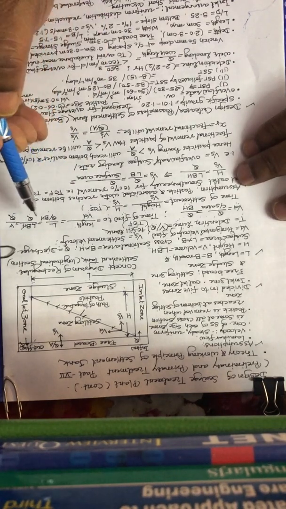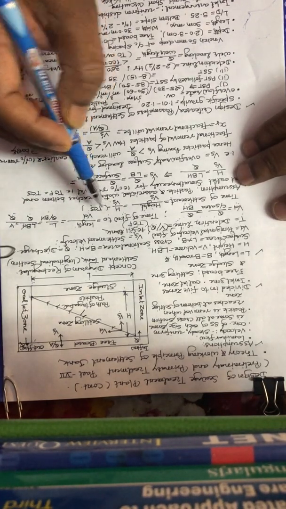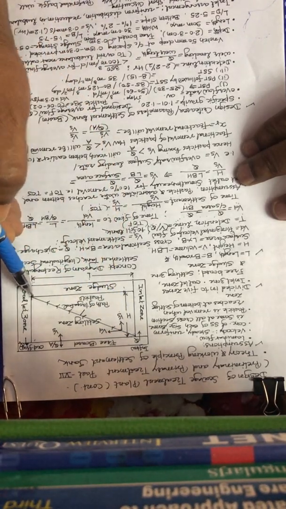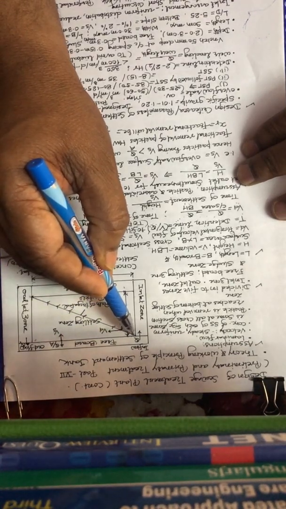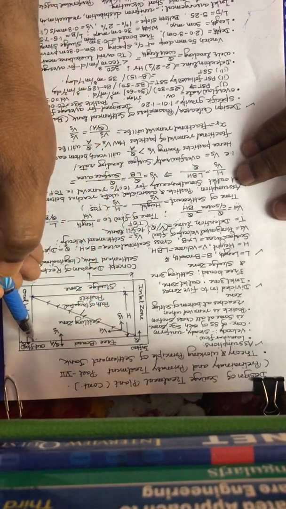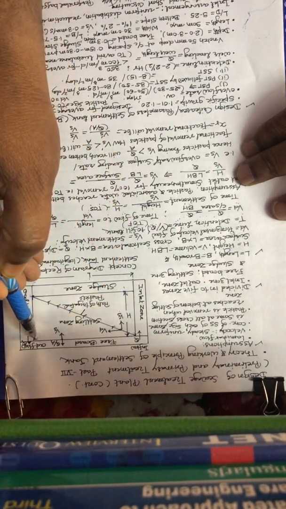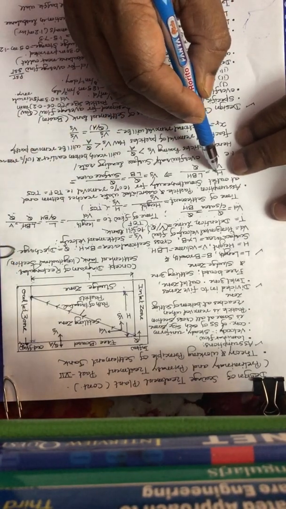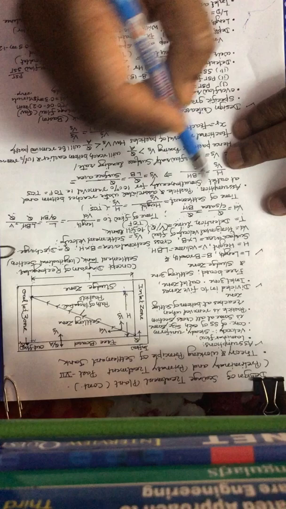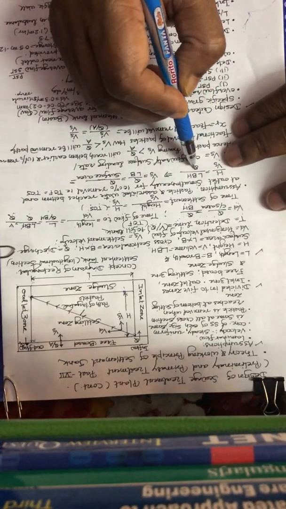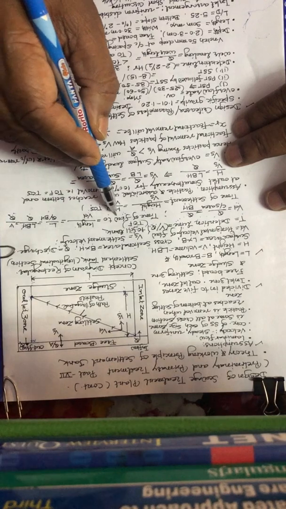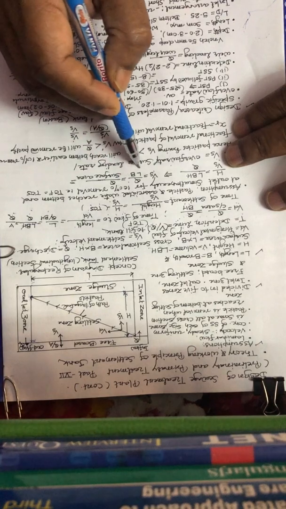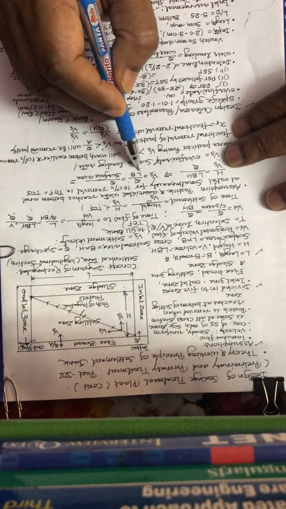Normally it is assumed that by the time the particle reaches the bottom, at the same time the liquid associated with the particle will reach the outlet. It means time of flow is equal to time of settlement. So time of settlement is h upon Vs, that is height upon settlement velocity, and time of flow is LBH upon Q. From here we can work out that Vs is equal to Q upon LB, and LB is surface area.